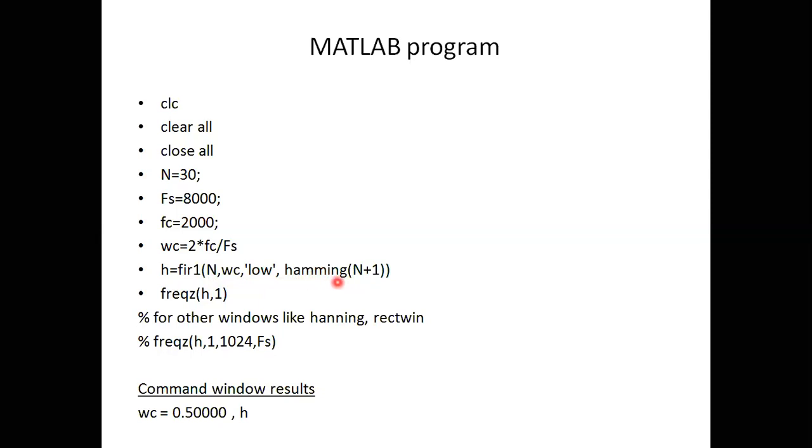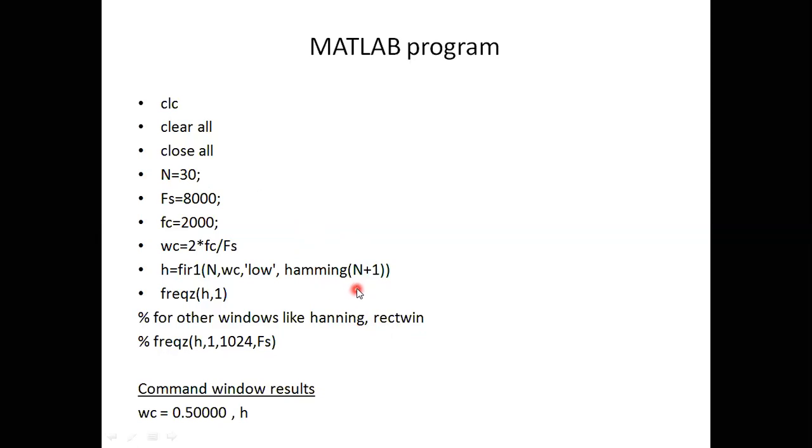Let's say I'm going to use the Hamming window. So for the Hamming window, I have written hamming. For other windows like the rectangular window, you need to write that word here. For the rectangular window, you need to write rectwin. Clear? Next, the Hamming window is working here, the order is given as n equal to 30, but